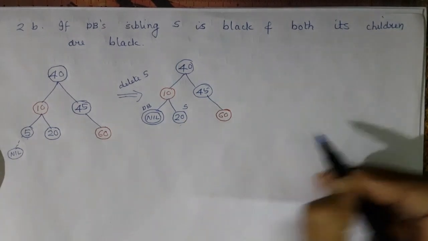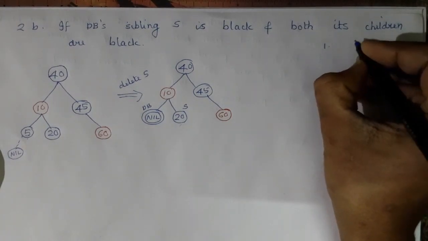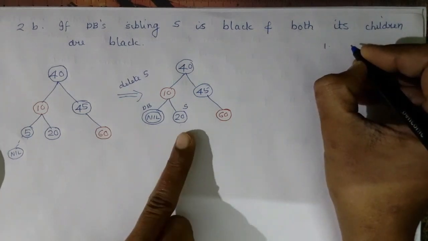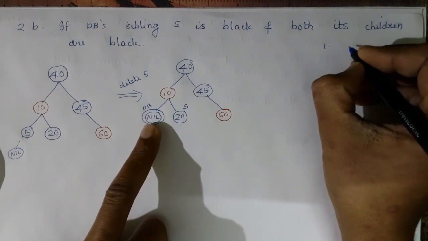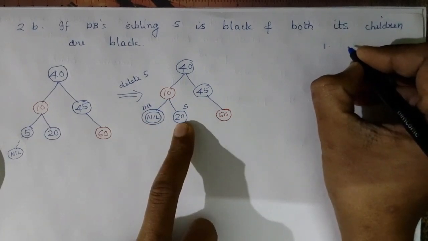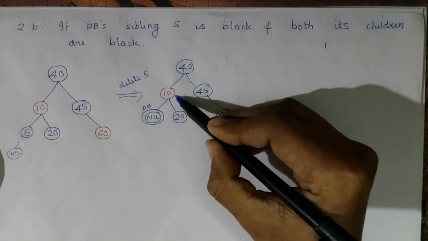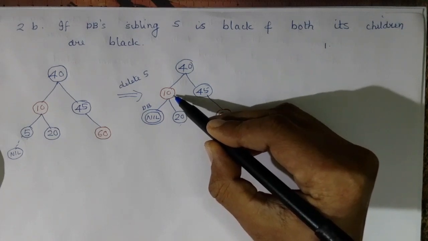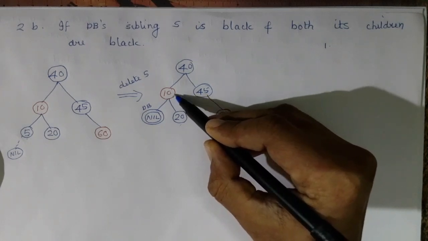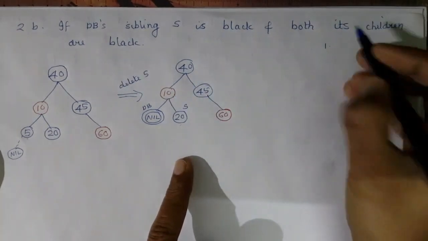So in this case, the first step is to delete one black from both the double black and its sibling. When you delete one black from nil node, it becomes single black. When you delete one black from the sibling black node, it becomes red. Then we add black to the parent. When you add black to red, it becomes black. Suppose this parent may be black also. If this parent is black, the parent becomes double black. So first we have to see this condition.